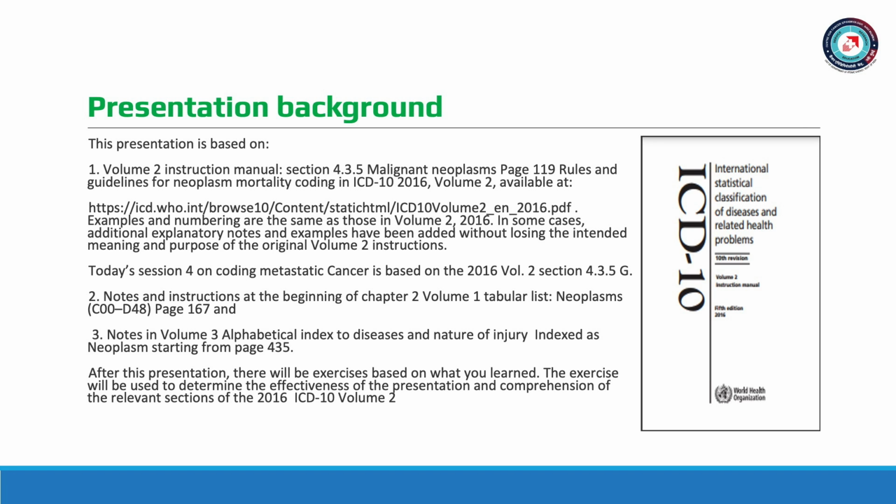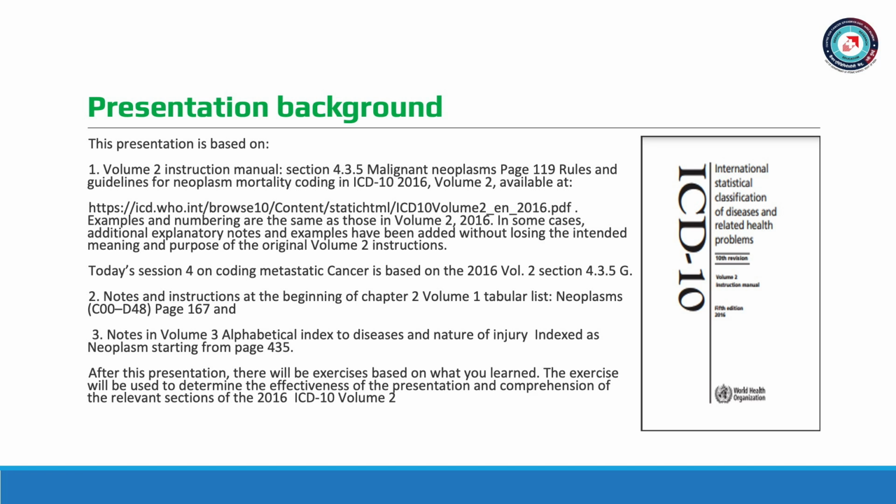The presentations incorporate information from Chapter 2 of Volume 1 Tabular List on Neoplasms, page 167, Volume 3 Alphabetical Index to Diseases, specifically for neoplasms entries starting from page 435. The current session, Session 4, focuses on coding metastatic cancer based on the 2016 Volume 2, Section 435G. After the presentation, there will be exercises to assess the effectiveness of the presentations and participants' comprehension of the relevant